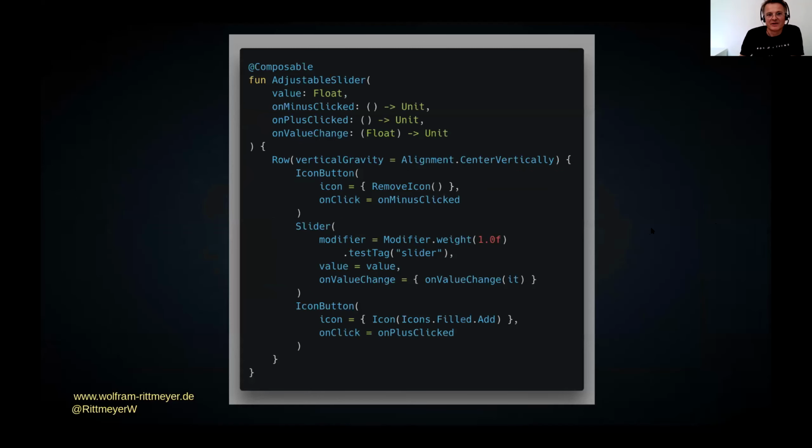And the adjustable slider, again, is made up of a layout, the row, which is more comparable to a linear layout with orientation horizontal, and 2 icon buttons for the minus and the plus icon, and a slider in between. So this is how you create layouts, and you can think of this more or less like a custom view, like a component view, for example.